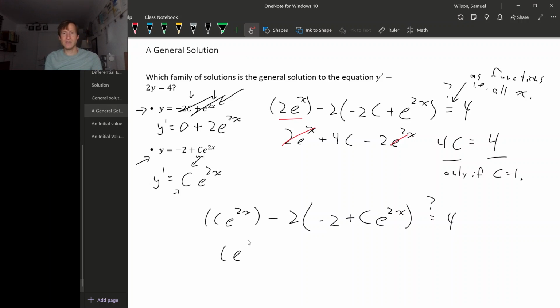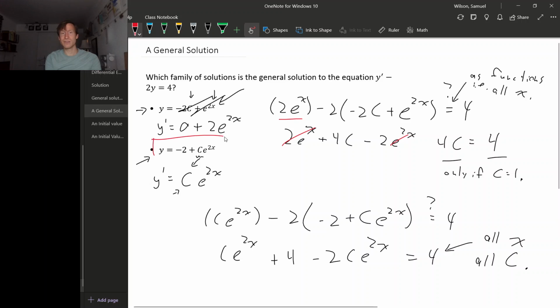So we get c e to the 2x plus 4 minus 2c e to the 2x. Yes, that is 4. Right? And notice that it's 4 for all values of x and all values of c. So this family of functions really are all solutions. And in fact, again, we don't have any way to really know this, but these functions are all solutions to the differential equation. And so this family of solutions is the general solution